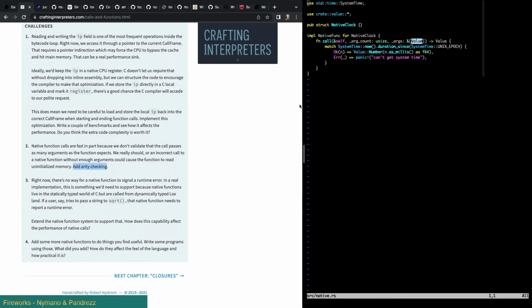Saying add arity checking, that would make sense for just being able to return a result here, right, and then we could return back an invalid argument count exception or something like that.